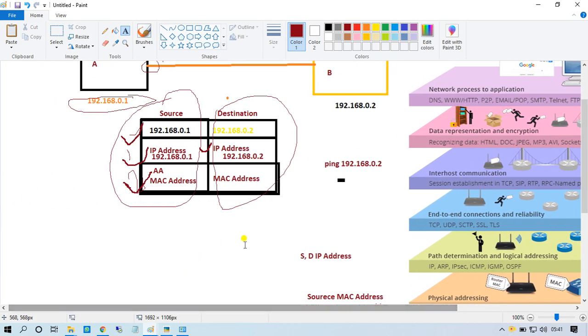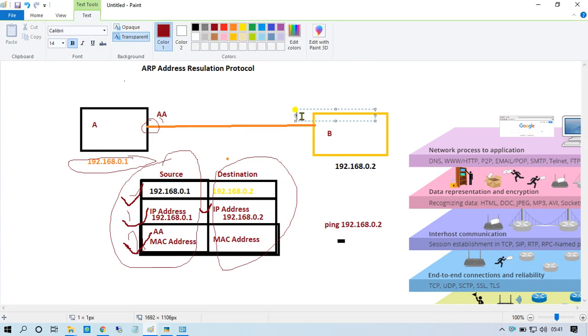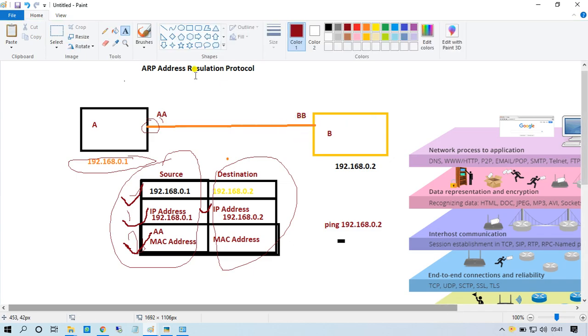Now suppose there is a MAC address BB. Everyone knows only about their own information. Like I know about myself, you know about yourself. Same as systems, they also know only about themselves. To know about another person, you have to communicate with them. So the machine will do the same. It will generate an ARP request, and using the ARP request it will get information about system B.